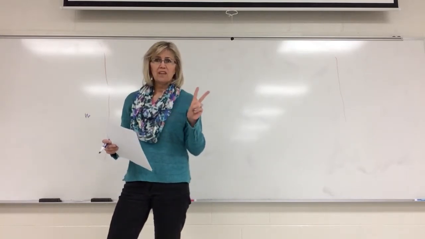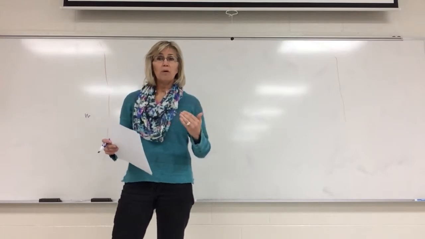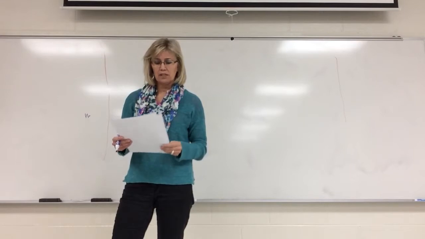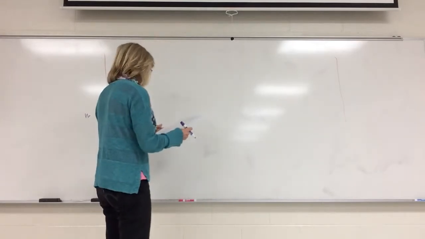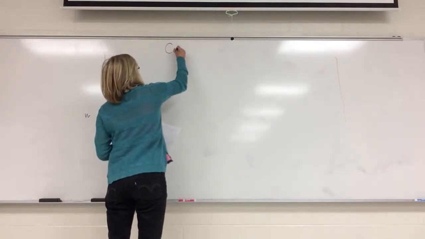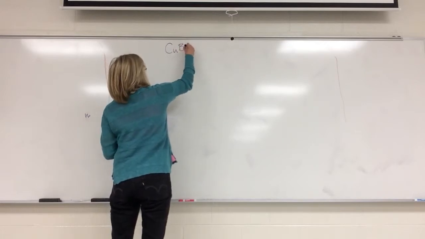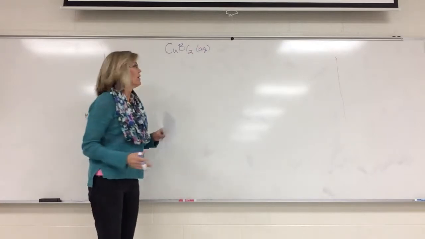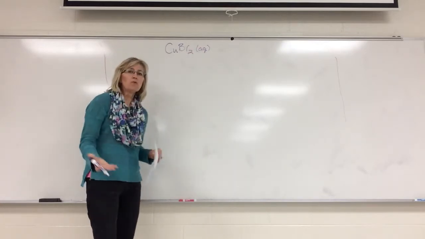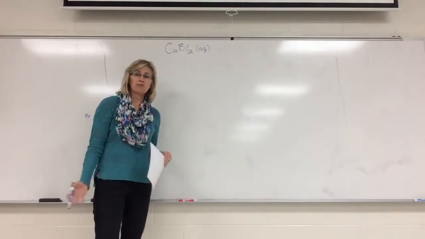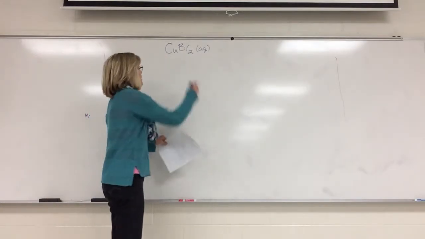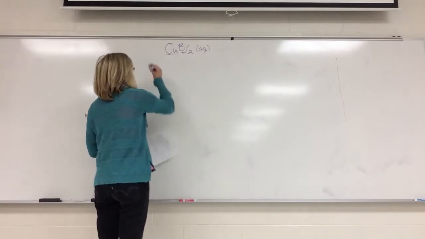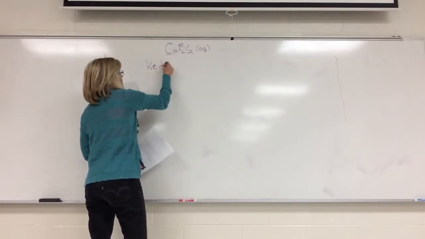I'm going to do a couple examples here. You might want to pause your video, see if you can work through them, and check to see how I did it. But let's take copper 2 bromide, and we're going to put it in water, all right? So remember, electrolytic cell, the opposite happens of what normally does. So normally, metals are oxidized and nonmetals are reduced. So what we're going to have,